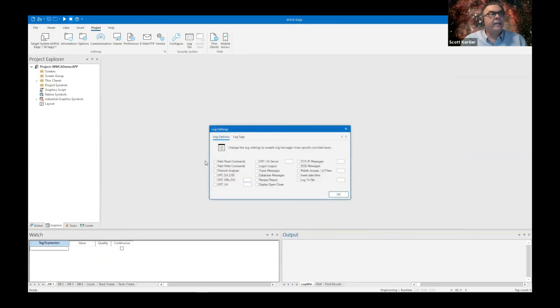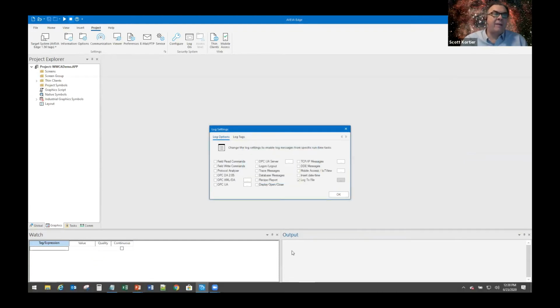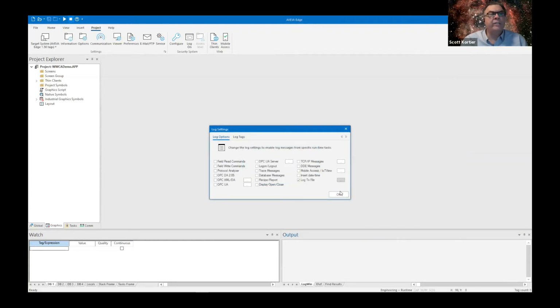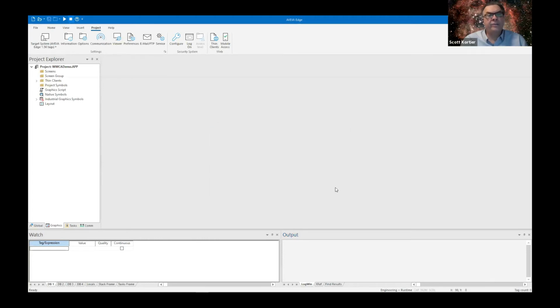We've had a lot of troubleshooting tools and things that you can log and monitor, including tags. But now we allow you to log that to a file, and you can click on here and do things like log that to a file with the date, or you can give it a custom name. In the past, you had to copy and paste this into Notepad, for example. Now it lets you log that directly to a file. So some really nice user interface things.